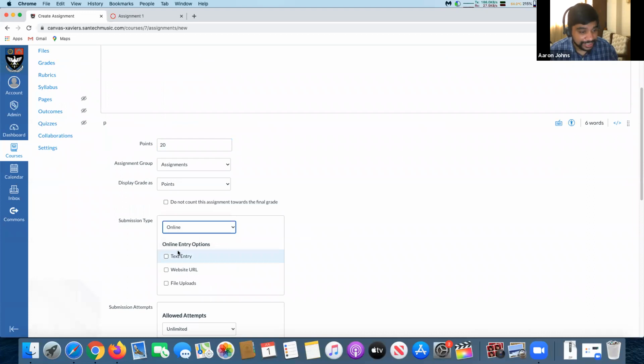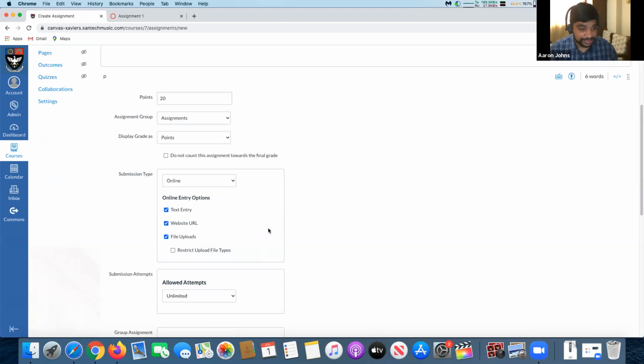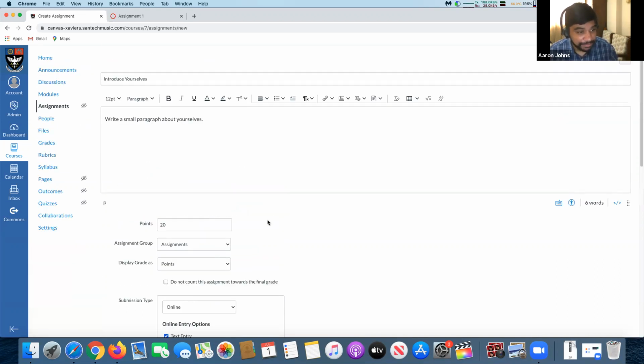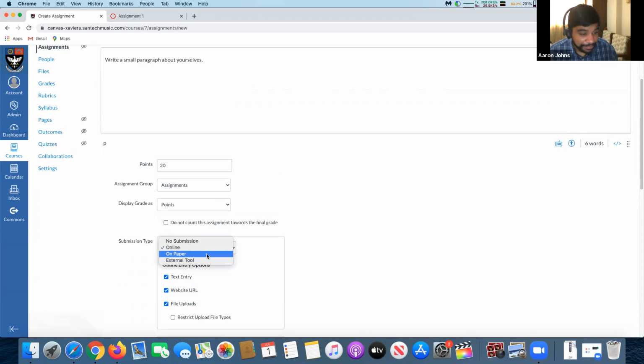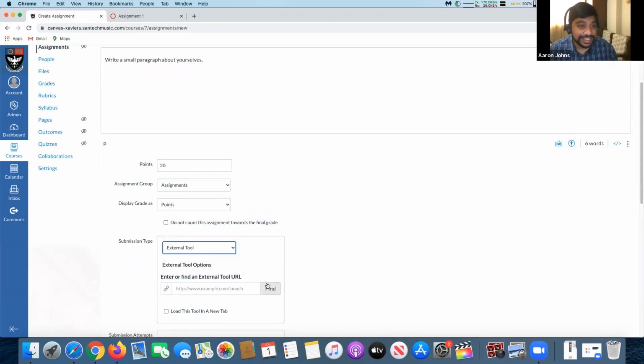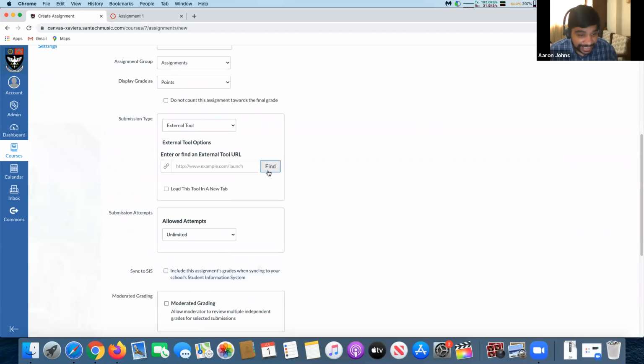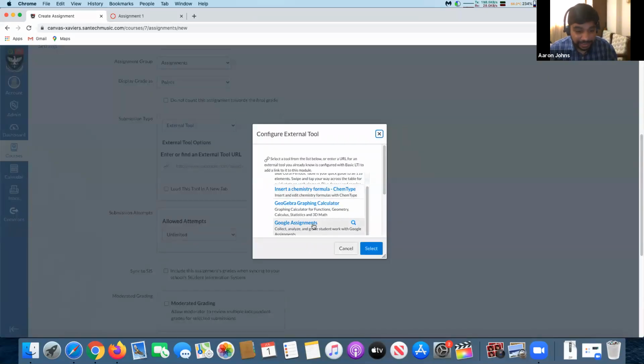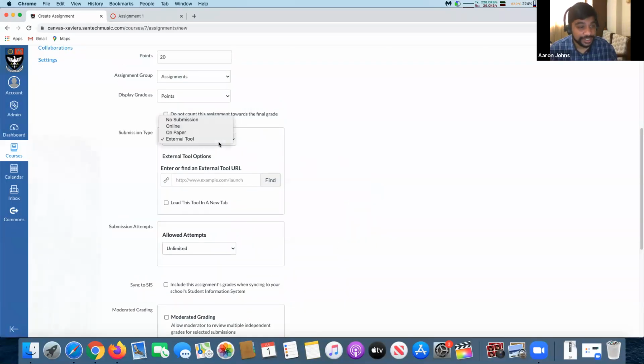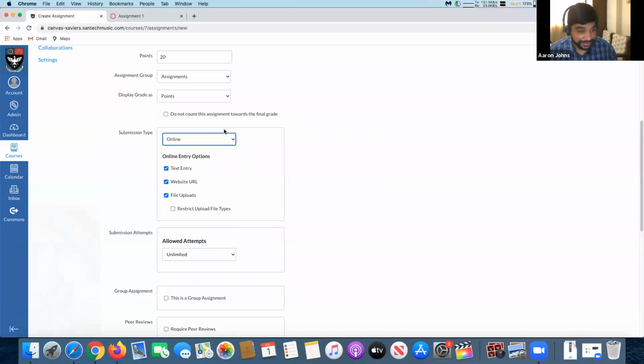So you have online submission, as you can see: text entry, file uploads, website URLs. So when you are submitting, it can either be on paper or using an external tool. Now, external tool is if you want to use Google Assignments, you can use Google Assignments. Or if you want, you can even integrate it with Turnitin, by the way.